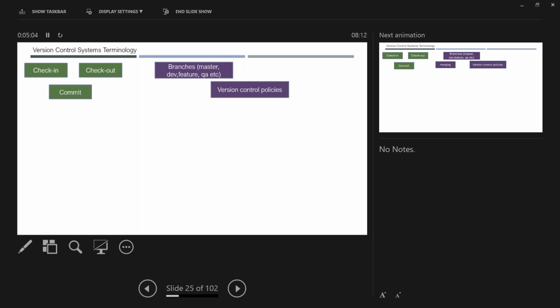And then we will also see version control policies, meaning who needs access to what, and what he can do. Let us say if he is an administrator, he can delete, create, update. If he is a developer, he can just contribute, and cannot create a repository. Those kinds of version control policies we can see.